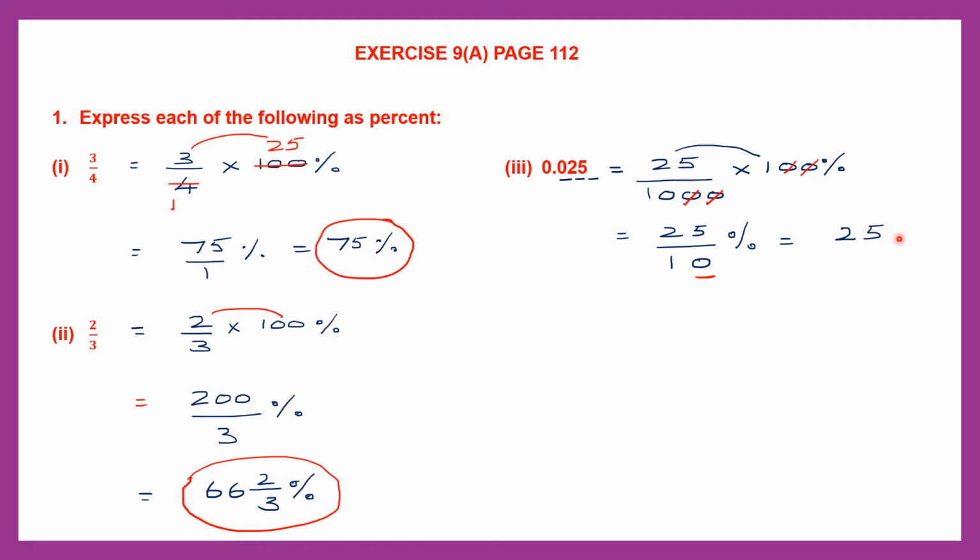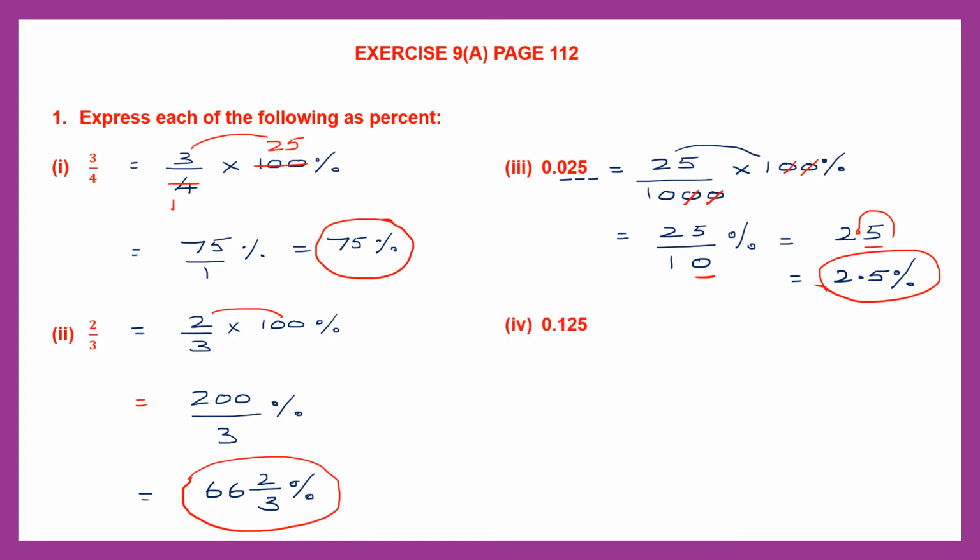We start from the right and move backwards to the left. Because there's one 0, my decimal point will move one place to the left. That means it moves from here to here and the point comes here. So what is my number there? My number there is 2.5, and since I'm converting it to a percent, my answer is 2.5%. So this is my final answer,